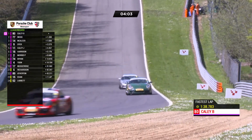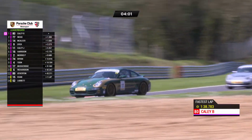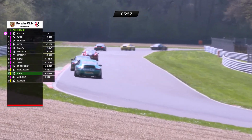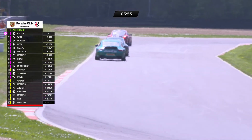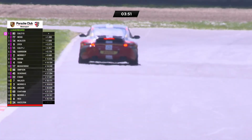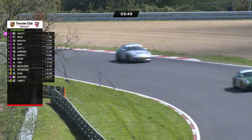So there is, heading towards us, James Caley, the number 11 car running in 5th place. Looks in his mirrors, who's there? Kevin Harrison, who is not going away at the wheel of the 996 at the moment. The brake lights come on almost identically, flicking their way in towards Westfield at the end of the Derek Minter